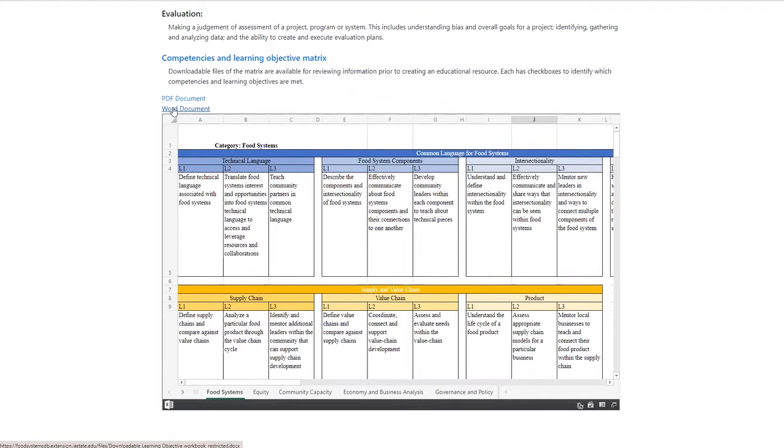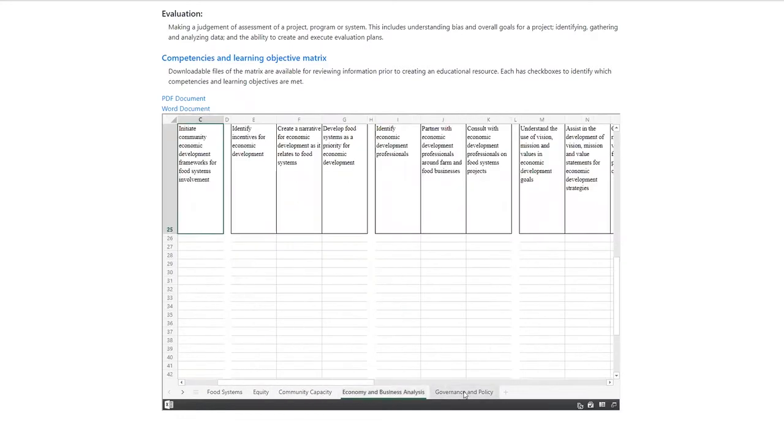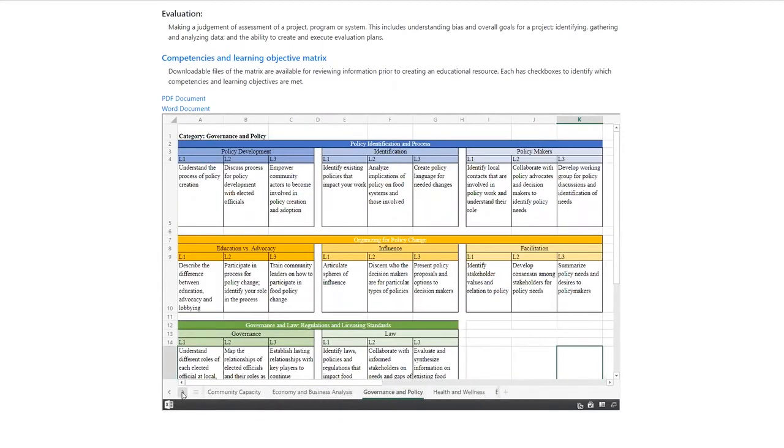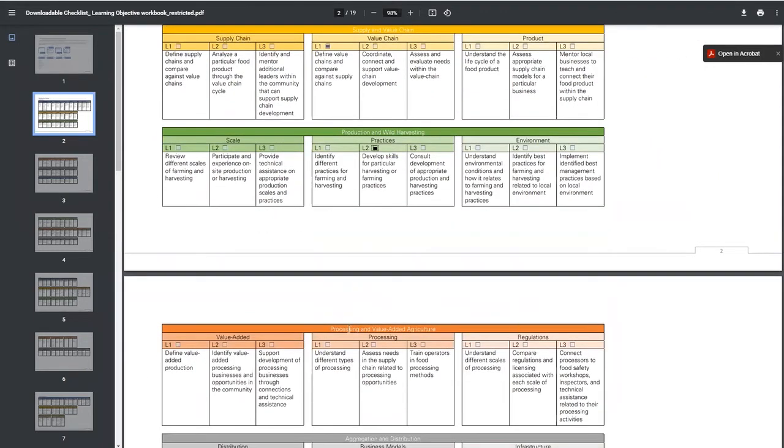Note that there are 3 different levels of learning, ranging from knowledge, doing and teaching, or beginner, proficiency, and expert. On this page, you can also toggle between the various categories if you'd like to just look at them that way. The downloadable links bring you to a page that is editable. So if you're looking at using your own educational resource, you can simply go through and select what you're teaching and download that and then use it to create your profile.